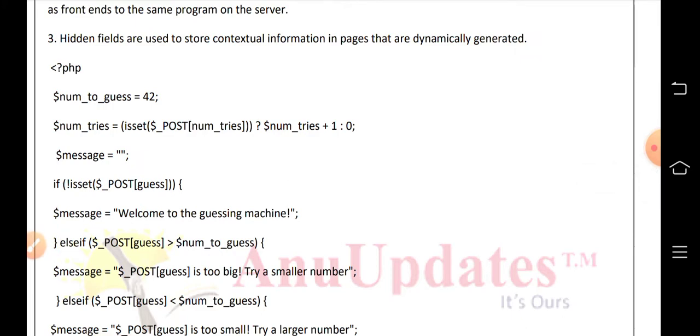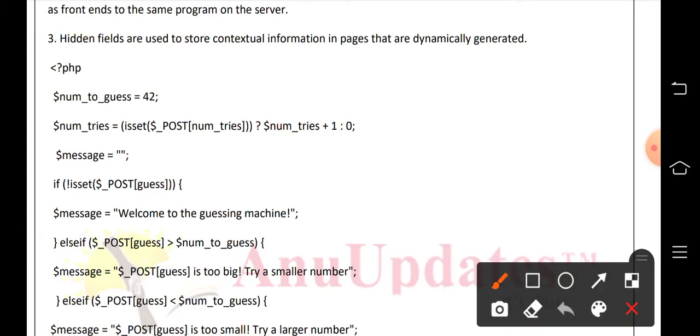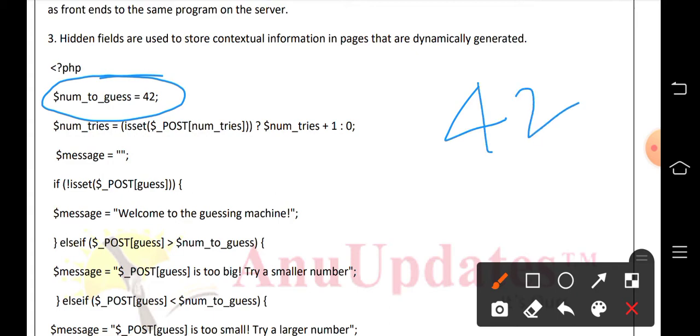Here is a simple program. We are declaring one variable, that is number to guess. The value stored in number to guess is 42. Then here we are using the conditional operator, question mark and colon.